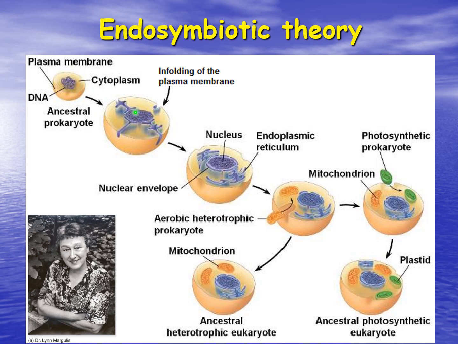And then the single circular chromosome was adding to its mass and was then chopped up into the linear chromosomes that we now know in eukaryotic cells. Also, things like the endoplasmic reticulum and Golgi apparatus were formed by the same invagination of the cell membrane. But as the cell continued to get larger and larger, it needed more energy production than it was able to do by itself. So what the endosymbiotic theory states is that this larger cell then began to incorporate prokaryotic cells that then became the mitochondria and the chloroplast.